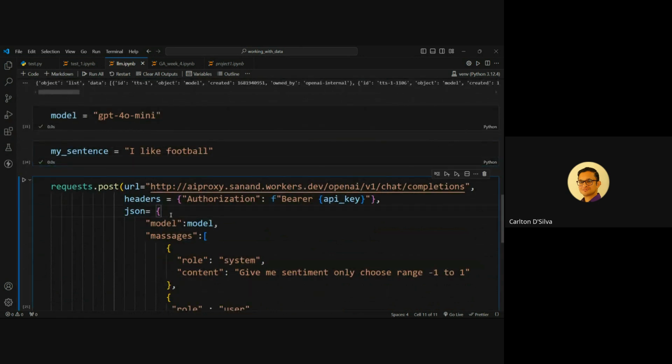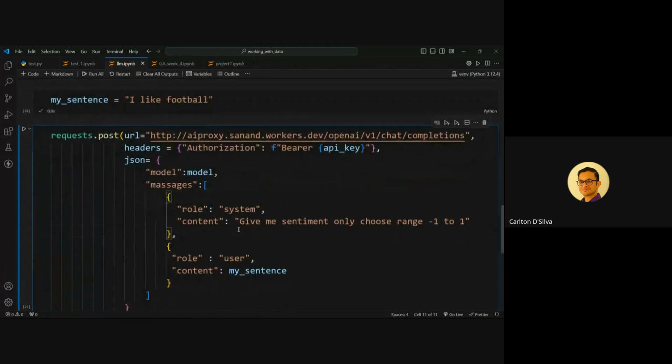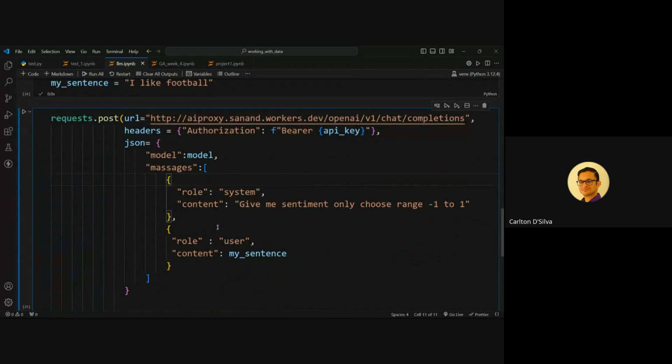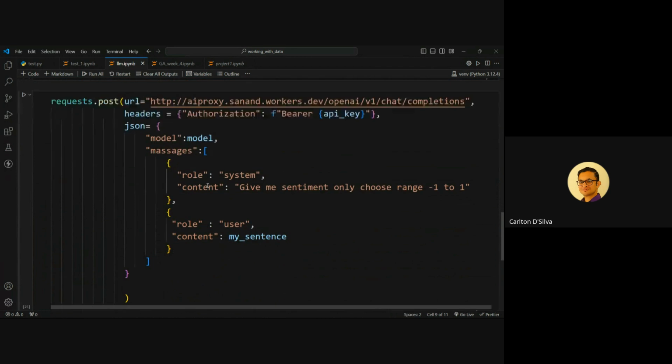Okay, then let's see, headers, authorization, error. Then we got model. So you put the correct model in there. GPT 4o mini, that looks right.